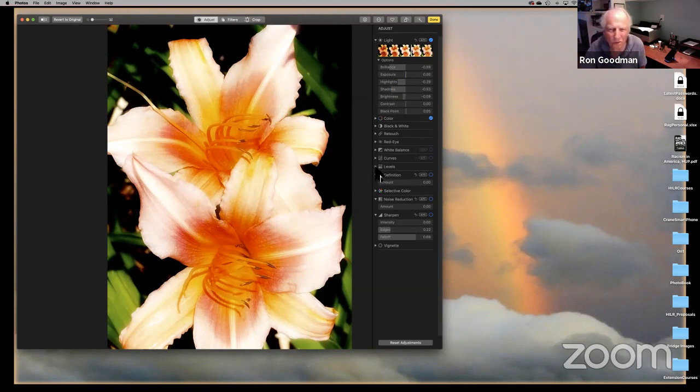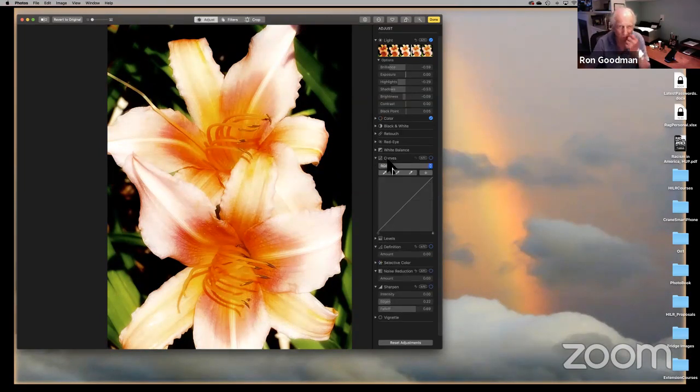One of the things that you may or may not want to play with, and I'm just going to mention this once, and I've been at this for years, and I still haven't mastered curves. You're going to see curves in any editing that you're going to do from here on in. What it allows you to do is to pick out a color or light value in the photograph itself. In other words, if I go here and I want to just adjust this area, this color there, it puts a point on that line. And by bringing the line up